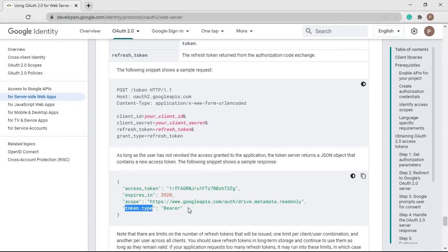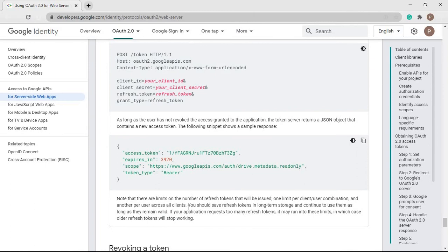We can see the refresh token is missing in this response. Due to this, we have to handle our refresh token in a way that we don't lose it. So now we know why we should refresh the access token, because the access token has limited validity. And now, why should we revoke the access token?